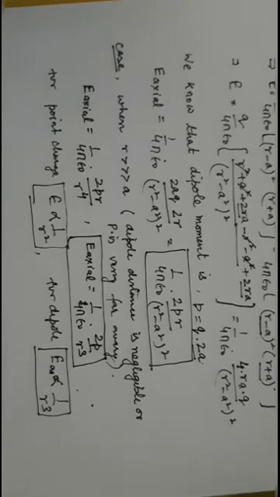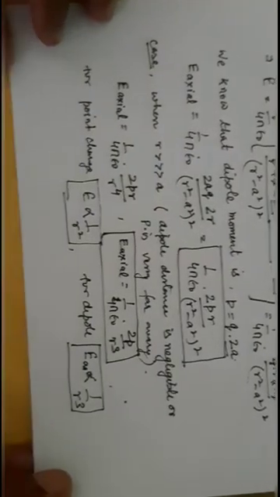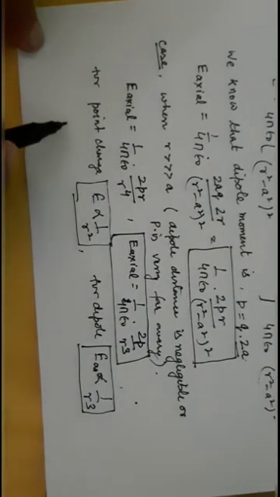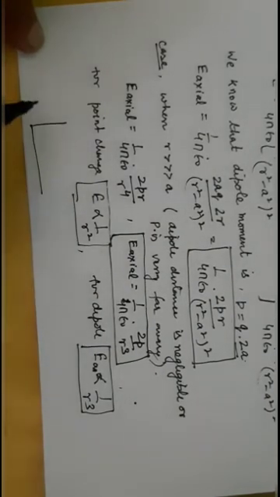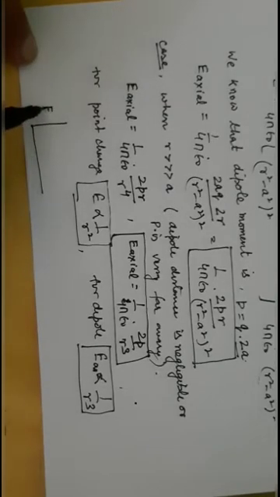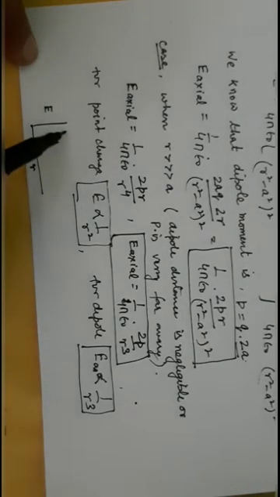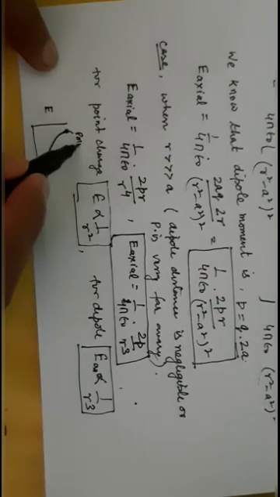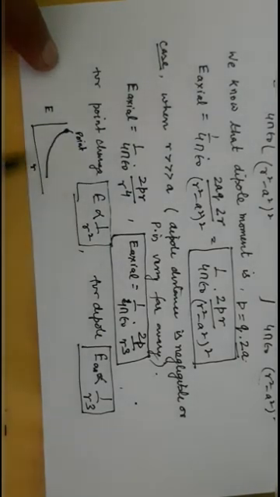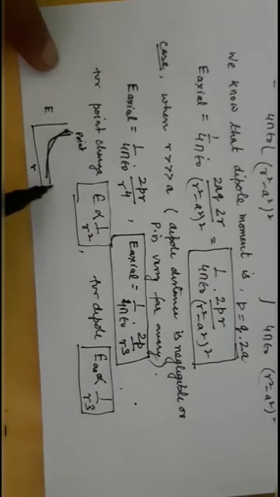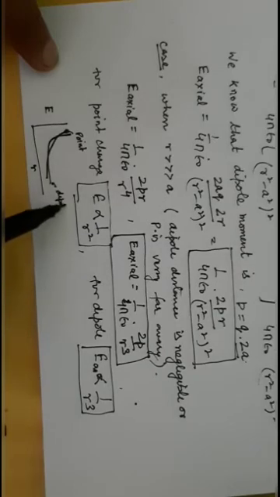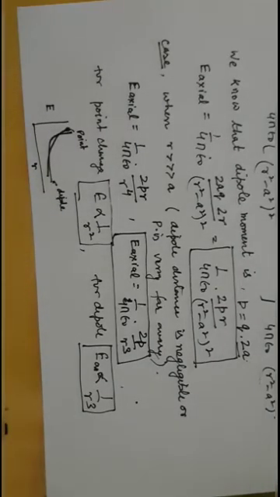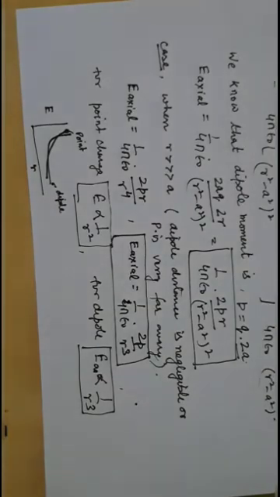If I draw the graphs, you will find this type of graph. For the case of a point charge, the graph is like this one. If I draw the graph of both, this is the electric field, this is your distance. So this is the electric field due to a point charge. For the electric field on the axial line for a dipole, it is like this one. So this is for the dipole. This is the comparison for the electric field due to a point charge and for the case of a dipole.